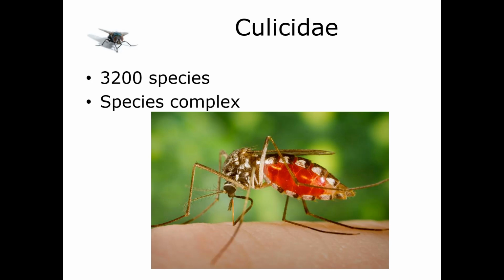So the Culicidae are the mosquitoes, and they consist of about 3,200 species of mosquito out there, but we really know that there are more to be discovered, especially in the tropical rainforest. Just like we saw with the flies and with most of these insects, those tropical regions are much more diverse. And so we're going to find new ones down there. They're also much less well surveyed than in temperate regions. This is because in temperate regions, they seem to come into contact more commonly with humans, and therefore we care